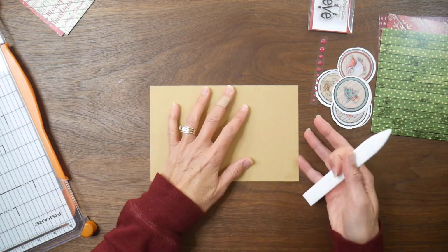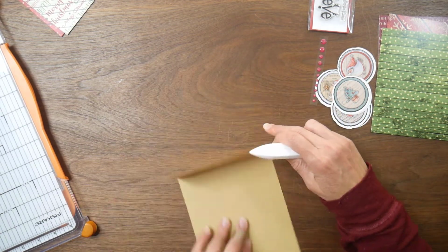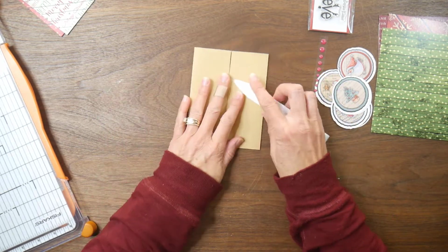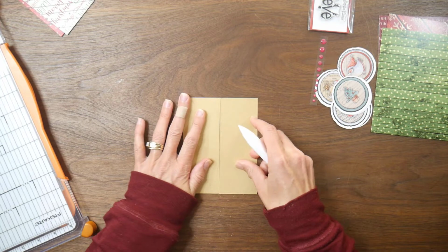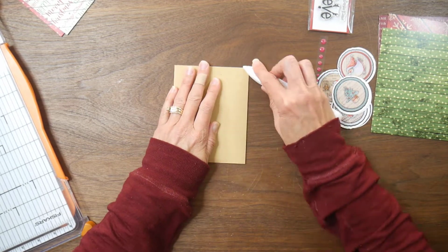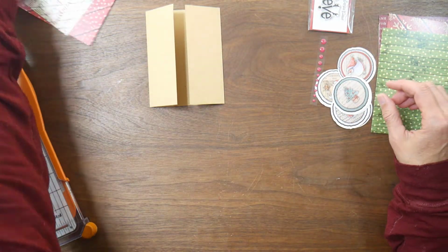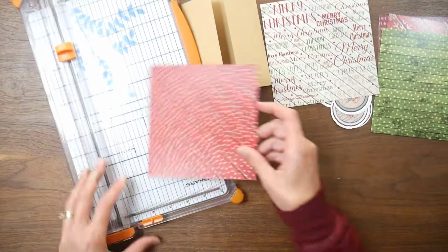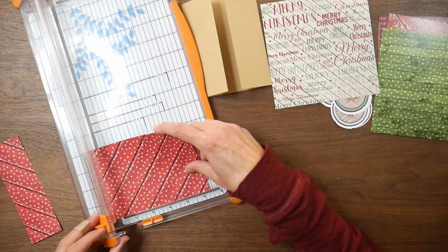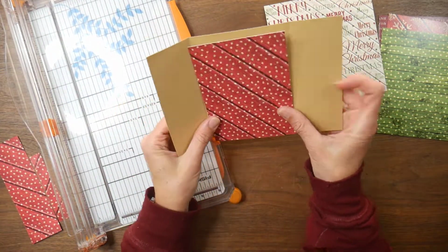I put my old fashioned scoreboard away there, and I'm just using a bone folder to burnish down the creases of my gatefold. Then I'll be using a couple of patterns from this collection to decorate my card. I chose the wood grain with the white polka dots, which is going to go on the inside of my card. I cut that down to 4 1/8 by 5 3/8, so it leaves just a little bit of craft